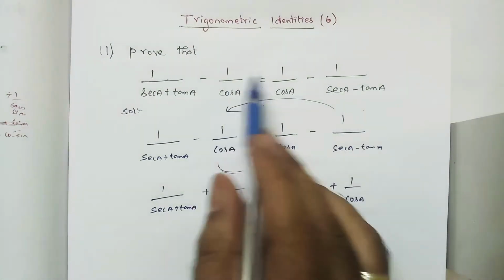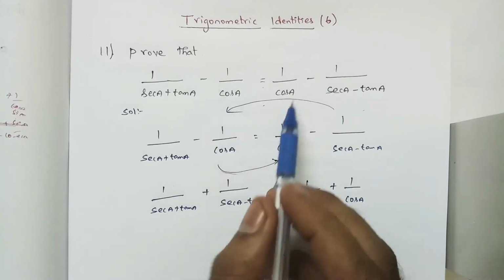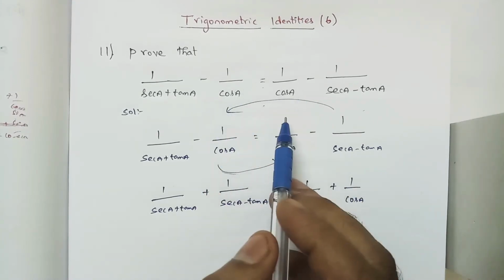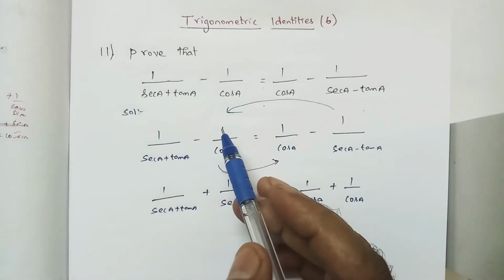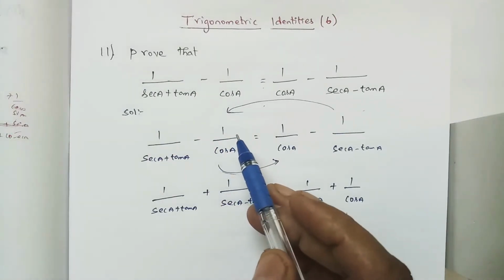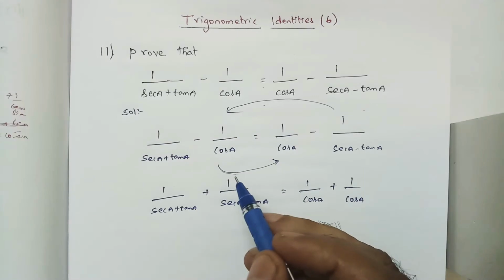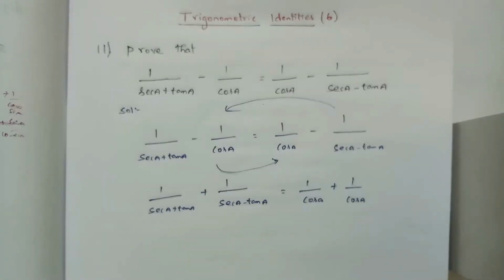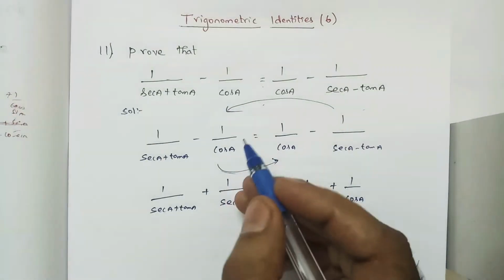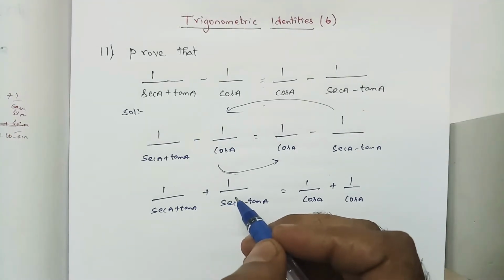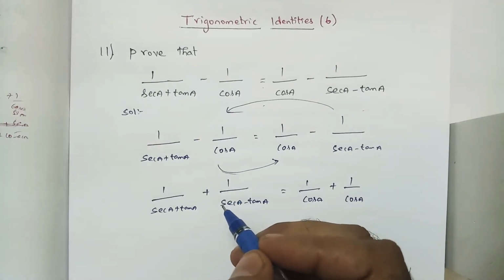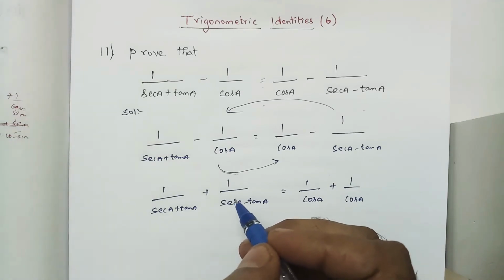But if you are not shifting the like terms to the same side and you are just doing it directly, then it will take so many steps. We will get a correct answer, but it will take time. I told you that the number of steps is not at all needed.